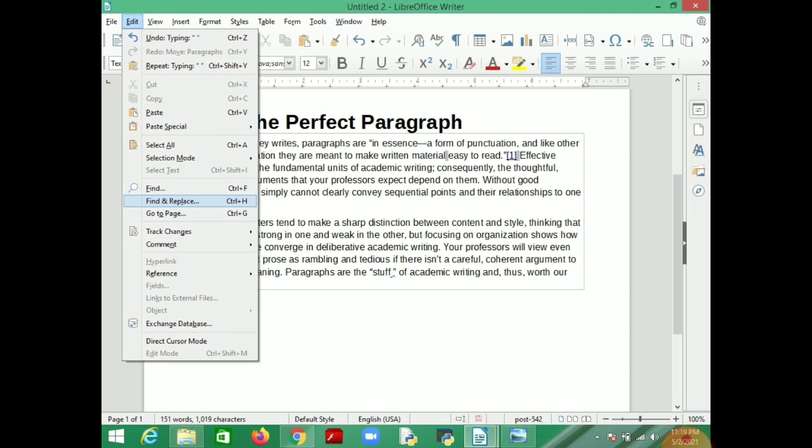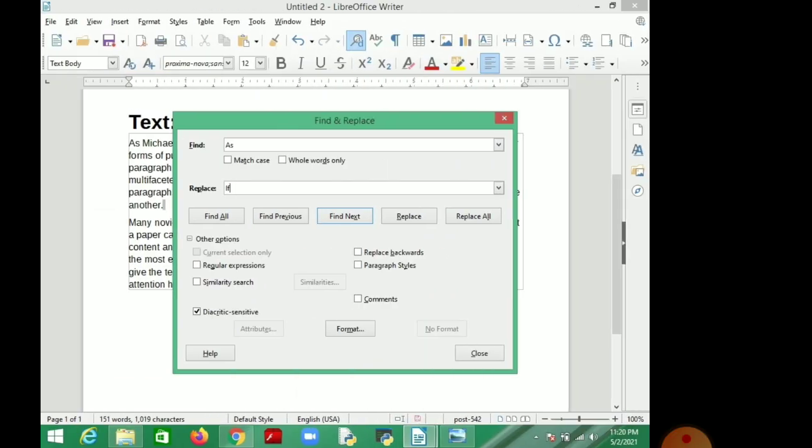Then find and replace. If you want to find a word or text in your document, you won't search line by line. So for that the option is, go to Edit, Find and Replace option is given there. Control F is the shortcut for find, Control H is given for find and replace.